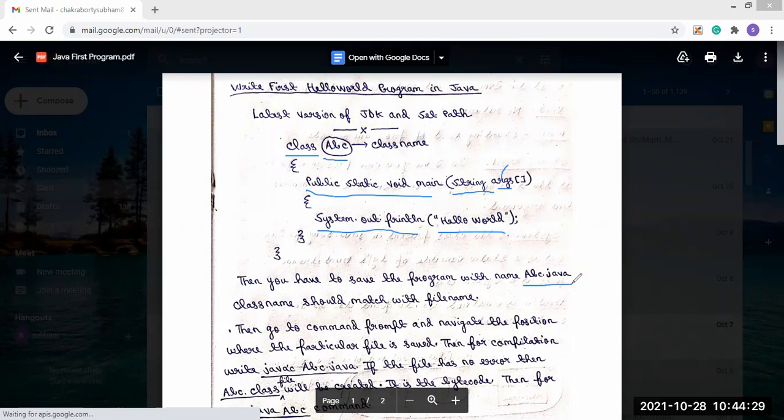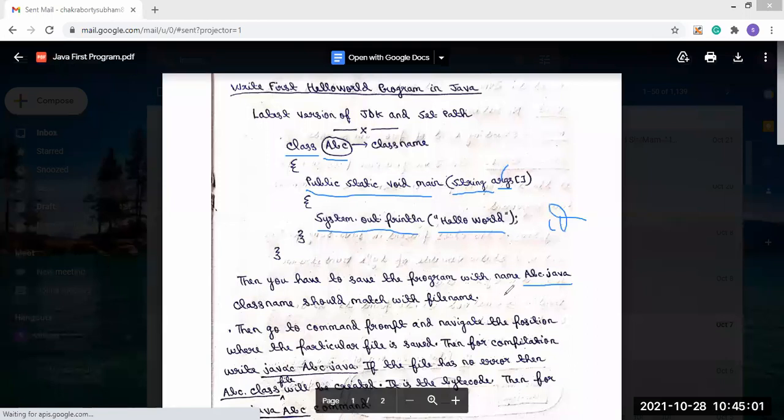After that, we have to go to the command prompt and navigate to the position where the particular file is saved. Using which command will we go there? We will use the cd command.